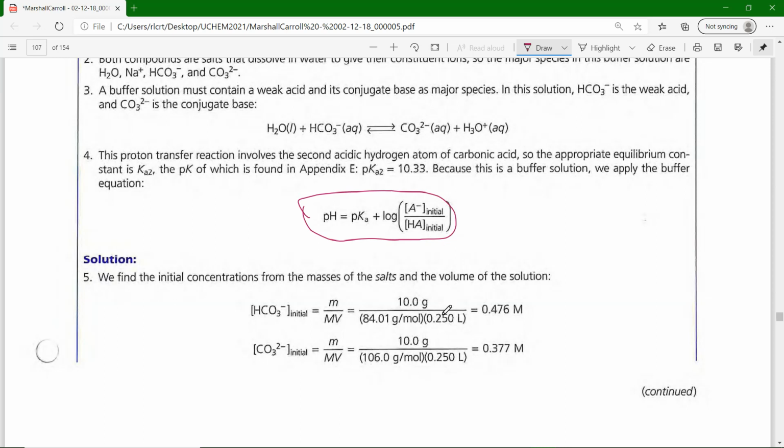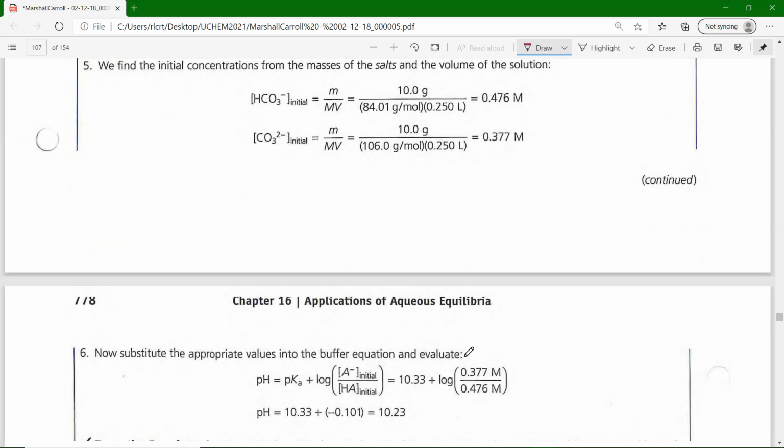So if you're pressed for time and you're mixing two powders into the same volume, the volume doesn't matter because it cancels out, right? So the 0.25 liters cancels out in each of these. Okay, so that's an example of the Henderson-Hasselbalch equation,